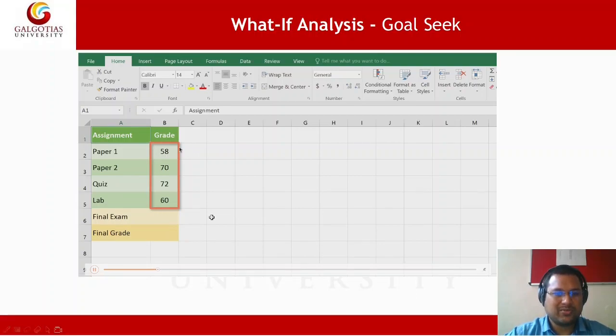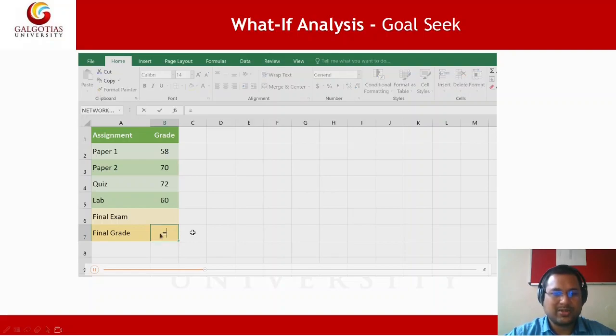For that you first need to calculate the average. You have to be careful about writing formulas and be good at writing formulas in Excel. There is a function called average, which you apply in this cell.